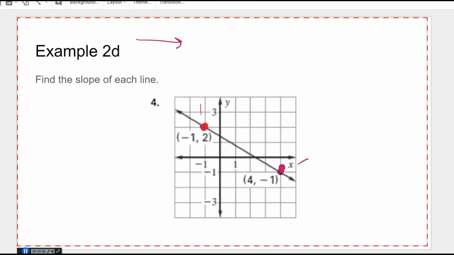So from this point, do I need to go up or do I need to go down to get to the other one? I need to go down, negative 1, 2, 3. So I know that I've got negative 3 here. From here, I need to go positive, right? 1, 2, 3, 4, 5. And so